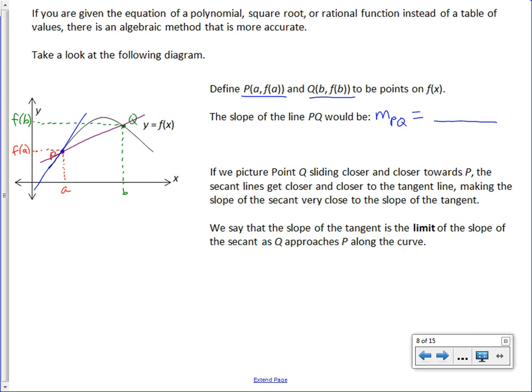Do you know the coordinates of P and the coordinates of Q? What would you do to find the slope? Yep, Q minus P. So the y coordinates would be f(b) minus f(a), all over